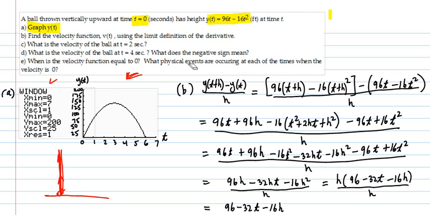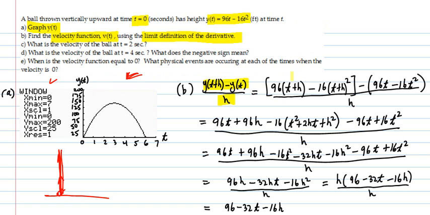Okay, so now we're supposed to find the velocity function v of t using the limit definition of the derivative. So we set up the difference quotient and we plug in the t plus h in the function here, and then we subtract off the function at t, simplify it all out, expand out